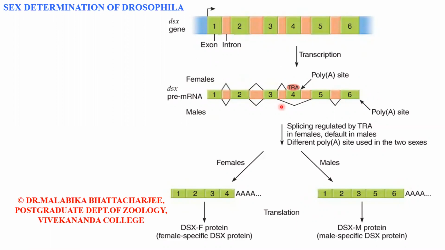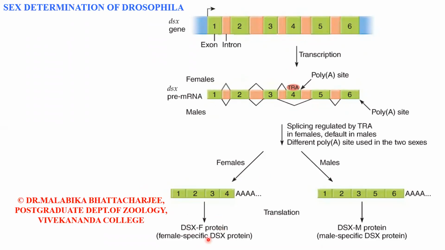Under this regulated splicing, as you can see, there are two stop codons. So there is a stop codon at exon 4. So there's a poly-A site at the end of exon 4 and there's a poly-A site at the end of exon 6. In case of females, the presence of the TRA protein regulates this phenomenon and the termination of the mature mRNA occurs after exon 4 and the poly-A is added after exon 4, as a result of which this mature mRNA